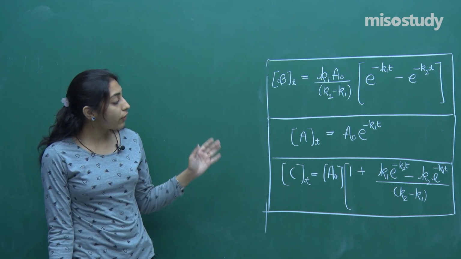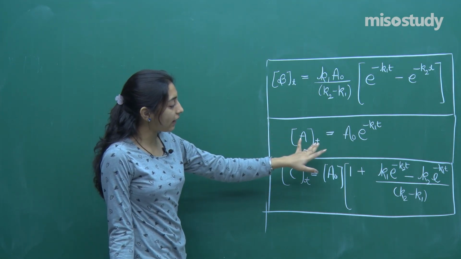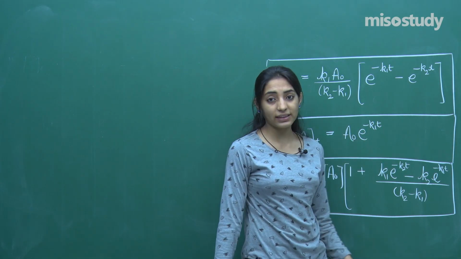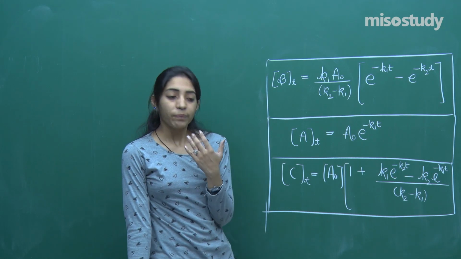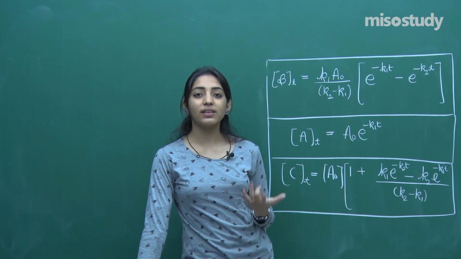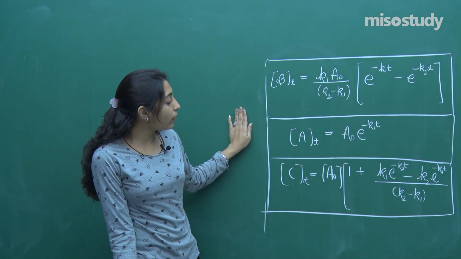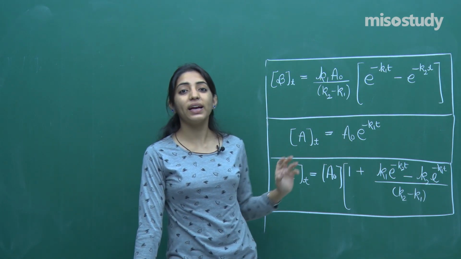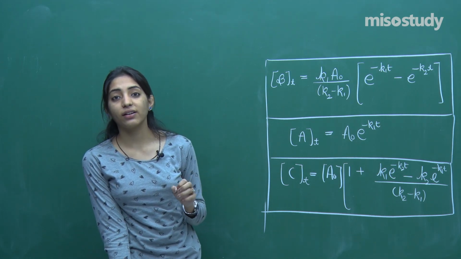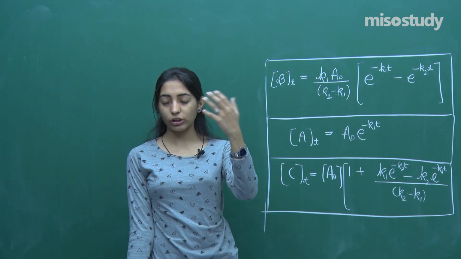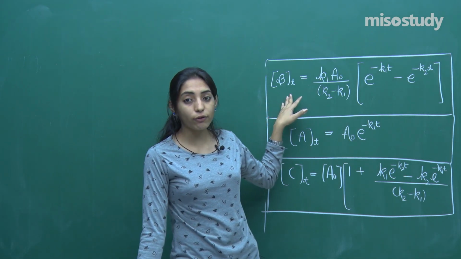Fine. Then first of all, I solved this minus dA by dt is equal to K1 into A, and we finally got A at any time t is equal to A naught e raised to the power minus K1t, which is the same expression that we would have got if the reaction would have been considered to be just a normal first order reaction. Okay. After that, we moved on to the calculation of concentration of B at any time t, with which we struggled like anything, because we have to introduce that integration factor, IF, e raised to the power something something we need to multiply, and finally solving everything we got the value of concentration of B at